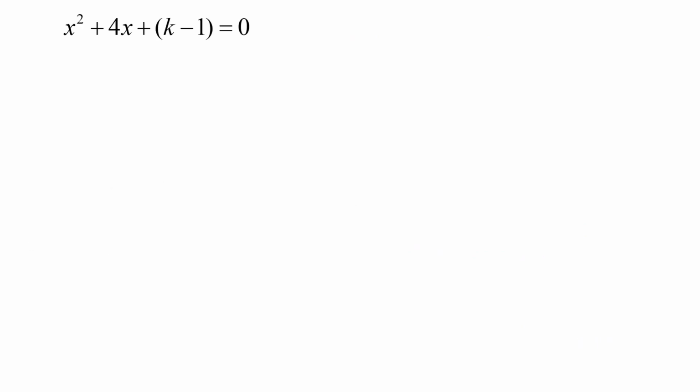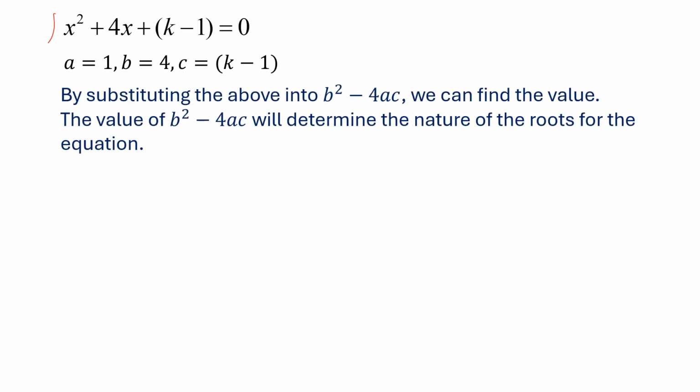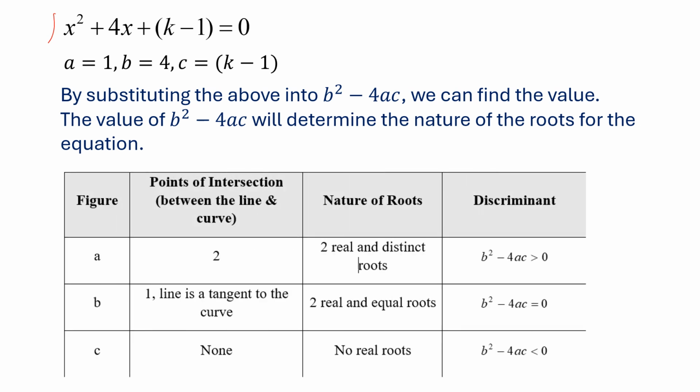Alright, so from these equations, we can write down the values of a, which is the coefficient of x squared, in this case 1. B, which is the coefficient of x, which is 4. And as I've mentioned earlier, k minus 1 is the constant term, so it is represented by the letter C. So we can substitute these values into b squared minus 4ac. And the value of b squared minus 4ac will determine the nature of the roots for the equation. Right. So if the value you get is more than 0 here,